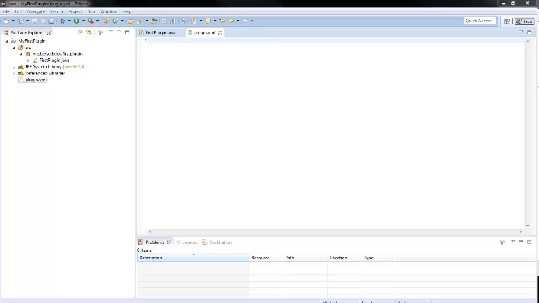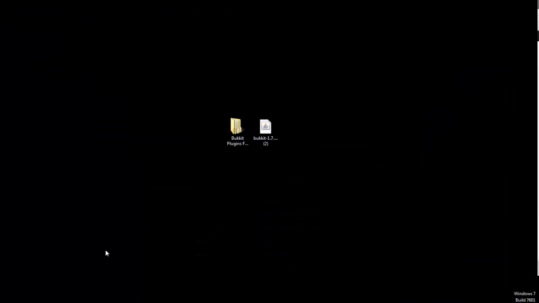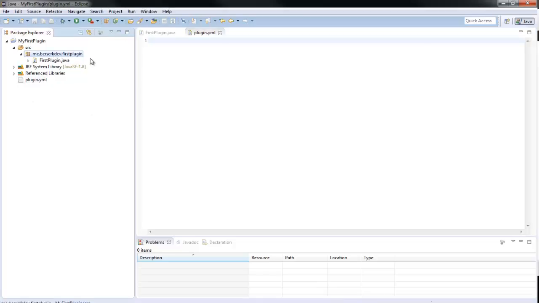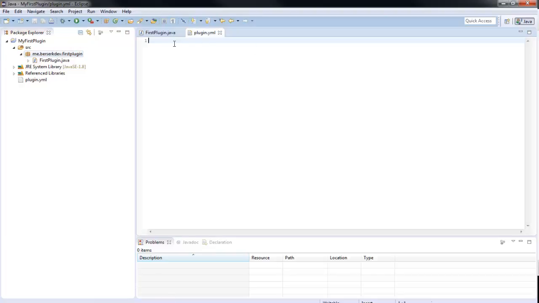Right, so in the plugin.yml, you want to put, okay, so remember when you made this package, just here, the reason why we did it in lowercase is just for remembrance. So if that was capital and that was capital, in the editor here, we'd have to put the capitals. So first you want to put name,